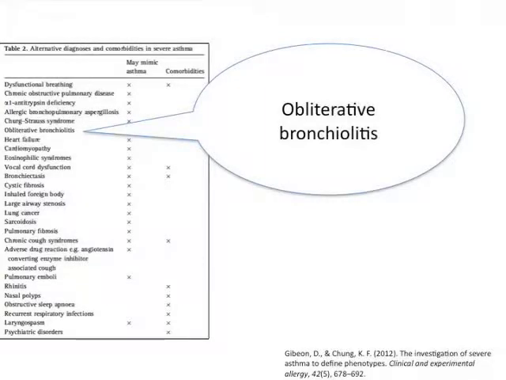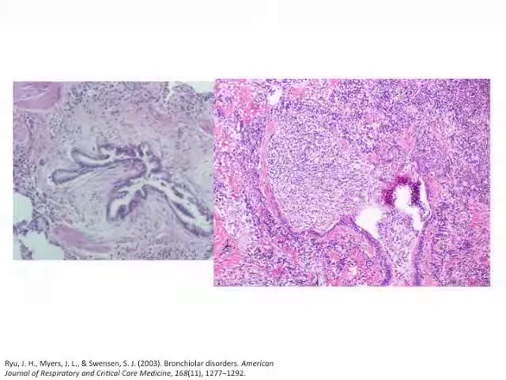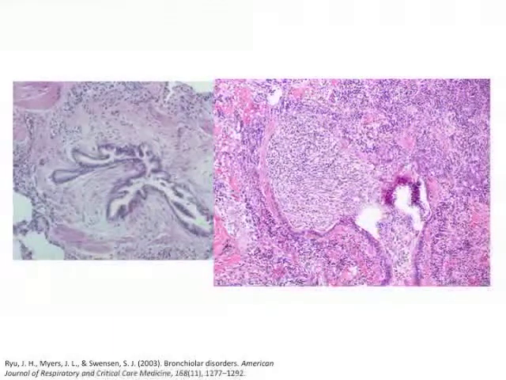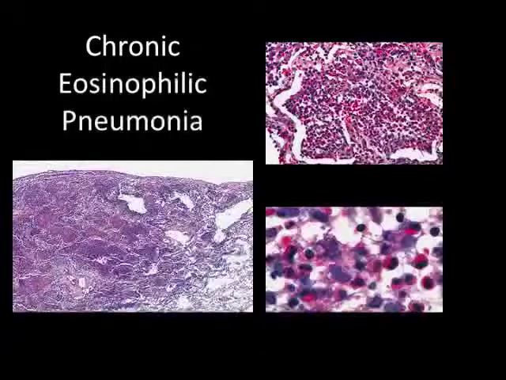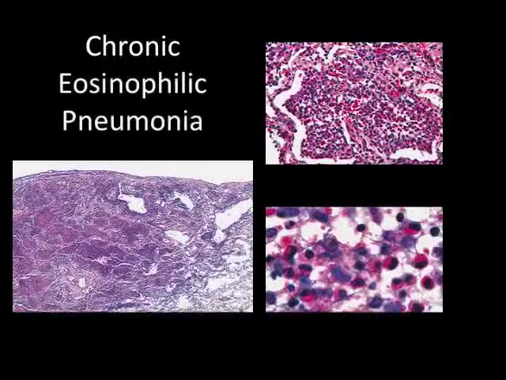Obliterative bronchiolitis can also present, apparently, and is on the list from the Brompton. Oops, and we can help with that. The left one shows constrictive bronchiolitis, a peculiar variant that features connective tissue strangling airways, easily diagnosed on transbronchial biopsy. And more commonly, we have obliterative bronchiolitis that starts with a fibroproliferative exudate within the lumen and fills it, as seen on the right. There are eosinophilic syndromes that are easily diagnosed at least identified with